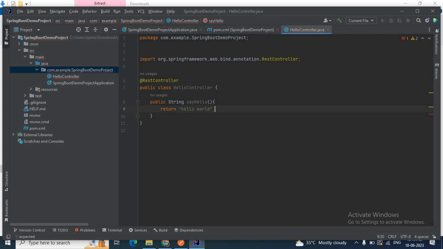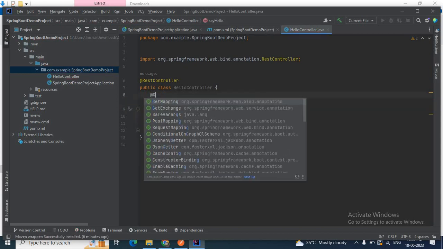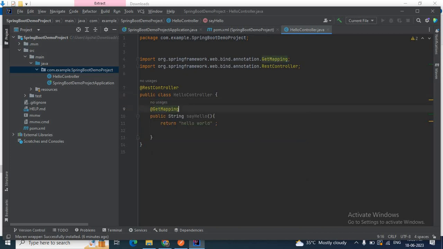So this is my GET endpoint. I will annotate this method with @GetMapping and give an endpoint here, that is /hello. So this is a simple REST controller which will return me hello world in the response.